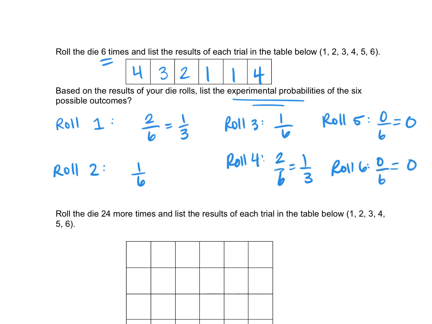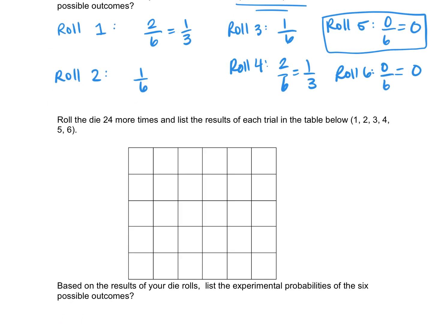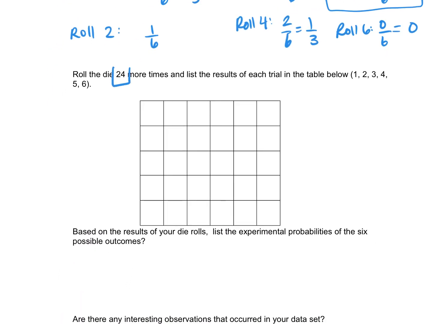And so we said for rolling a 5, theoretically, it should be 1 out of 6. And you can see that after 6 rolls, it's kind of random. So let's see what happens if we do it more. Again, your results will be different because you rolled your own die 6 times, and it is not likely that we would have the same rolls. So when we roll the die 24 times,